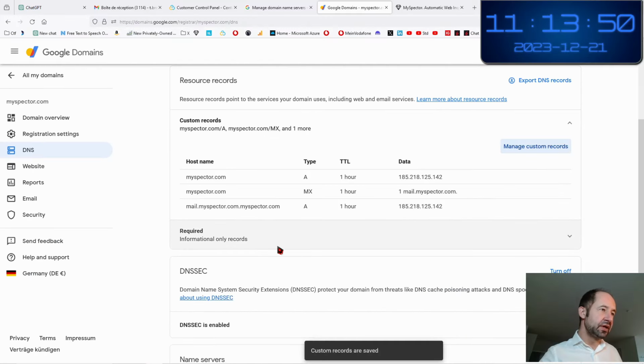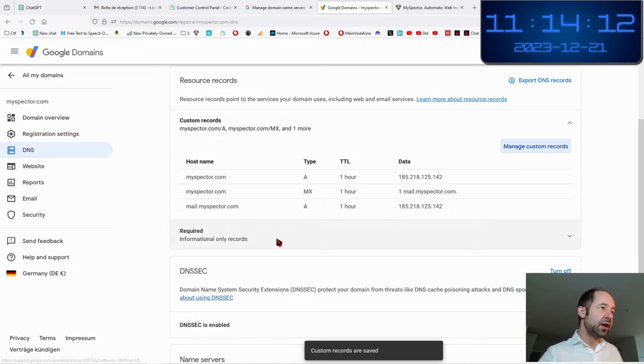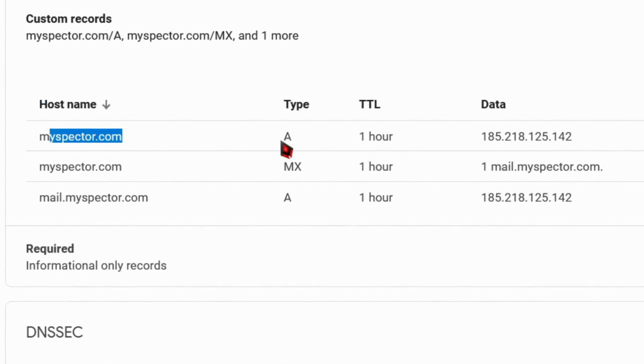I type only the mail because it will be suffixed by the domain name. And now you see that I have a host name myspector.com with the type A with the IP address to go on the web server.